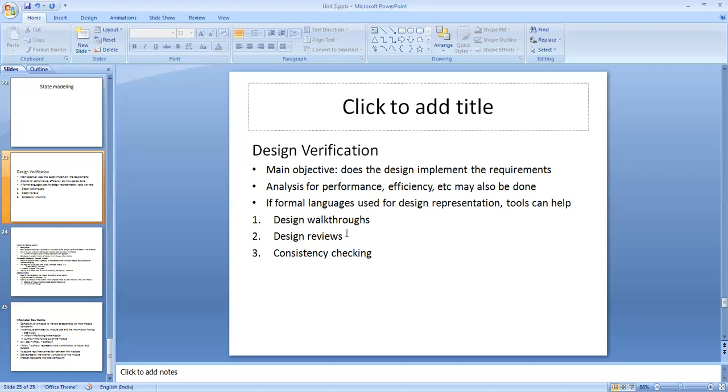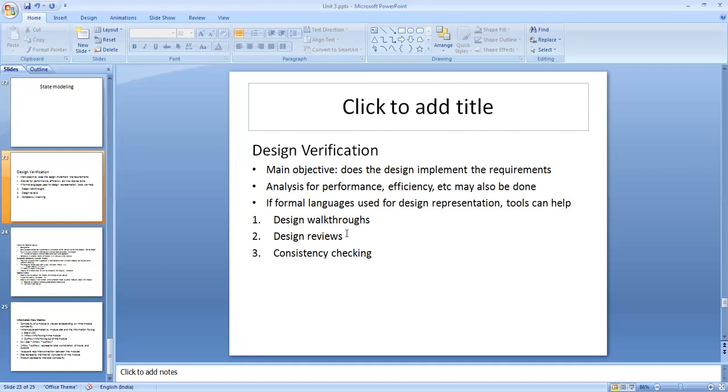A consistency checker can ensure that any modules invoked or used by a given module actually exist in the design, and that the interface used by the caller is consistent with the interface design of the called module.